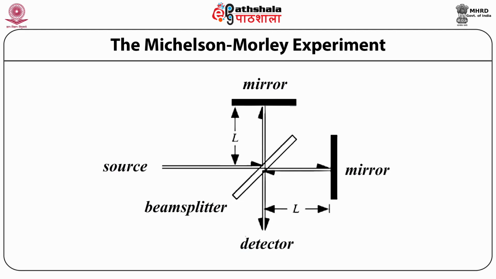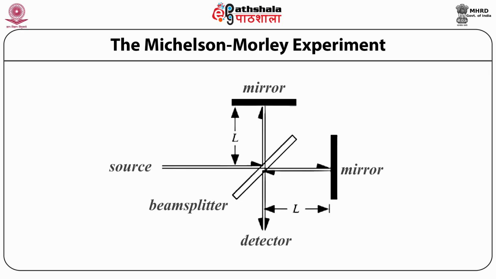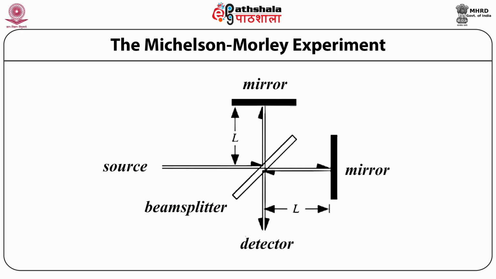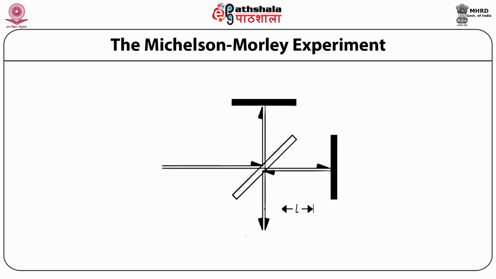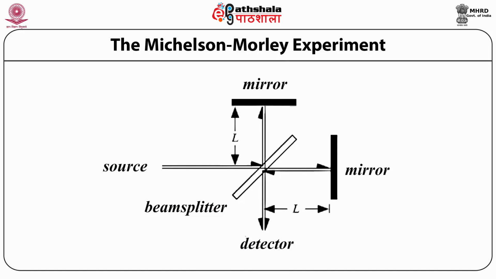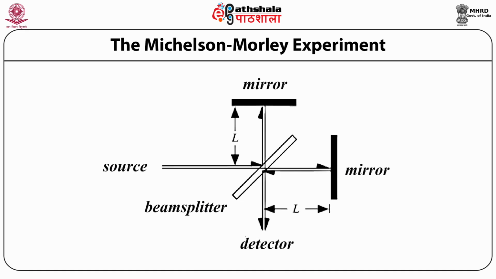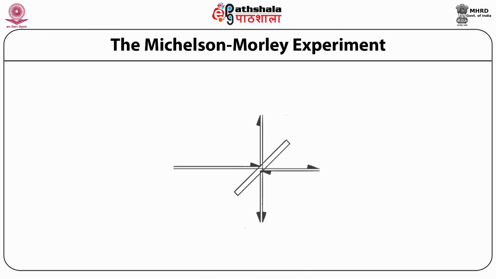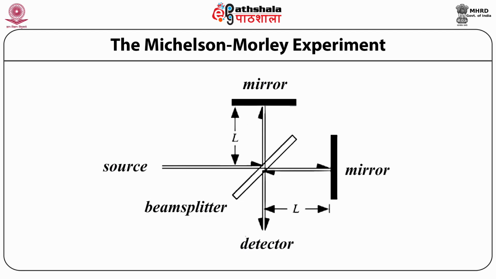The setup of this experiment had basically two mirrors with almost a 99% reflecting surface, kept in an orientation perpendicular to each other, and there was a beam splitter kept in the middle. This beam splitter was partly silvered, so that part of the electromagnetic wave coming from the source was reflected to one of the mirrors, and the other part of the beam was transmitted to